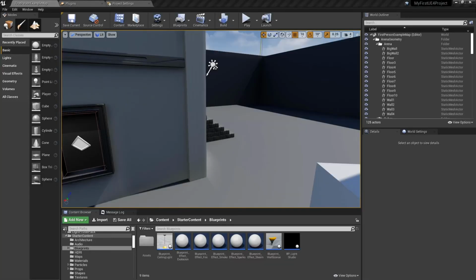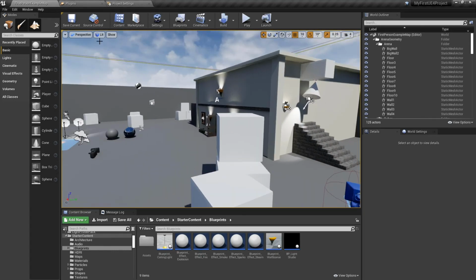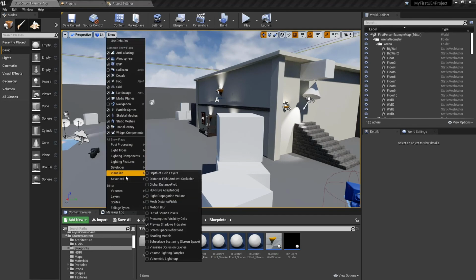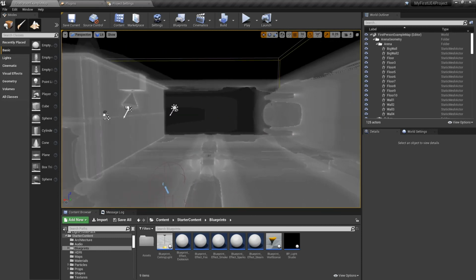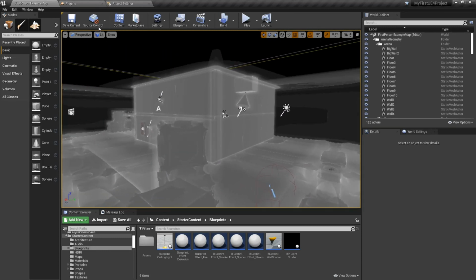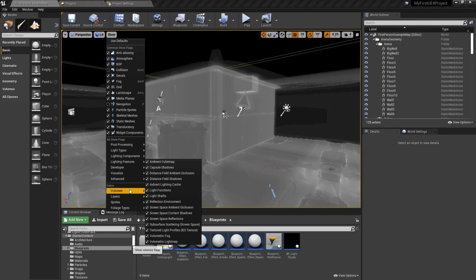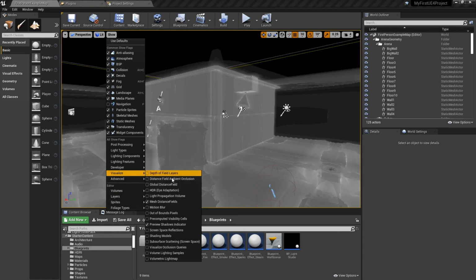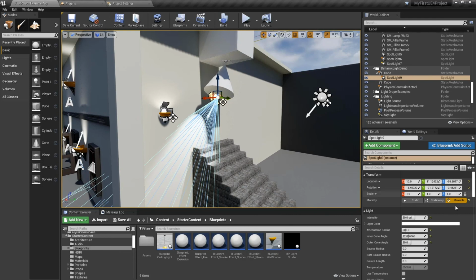Okay, so I've restarted my level, and now that I have mesh distance fields turned on, you could go under show, and you can visualize those mesh distance fields. You get a completely different view of the environment. Now, on an object-by-object basis, you can turn up or turn down the mesh distance fields if you want to use those in order to generate soft shadows. And I'll reference some tutorials if you want to go down that road, as well as some tutorials for using the global illumination.